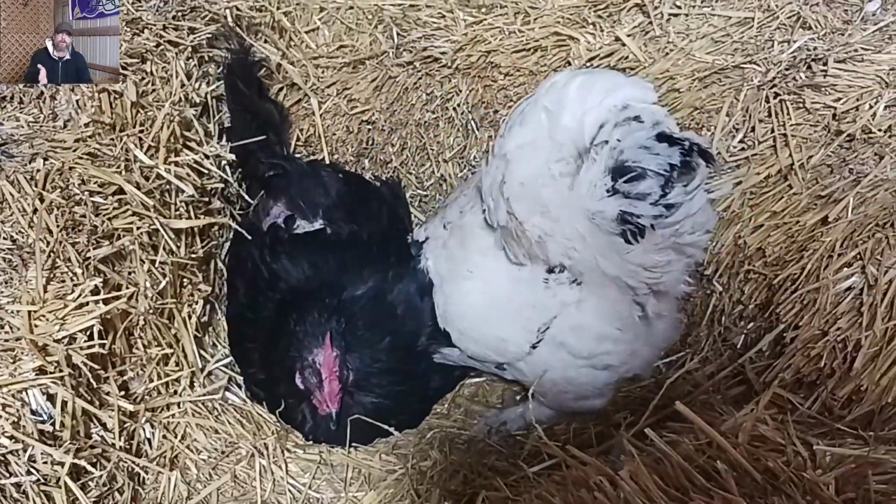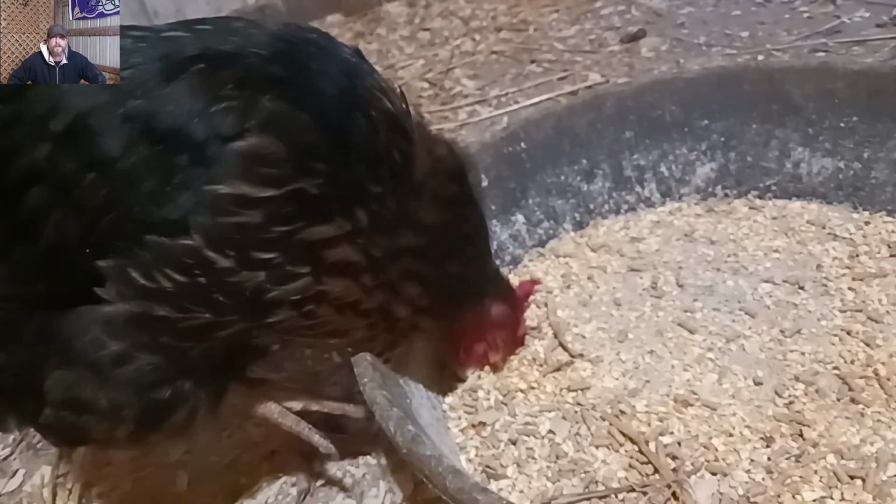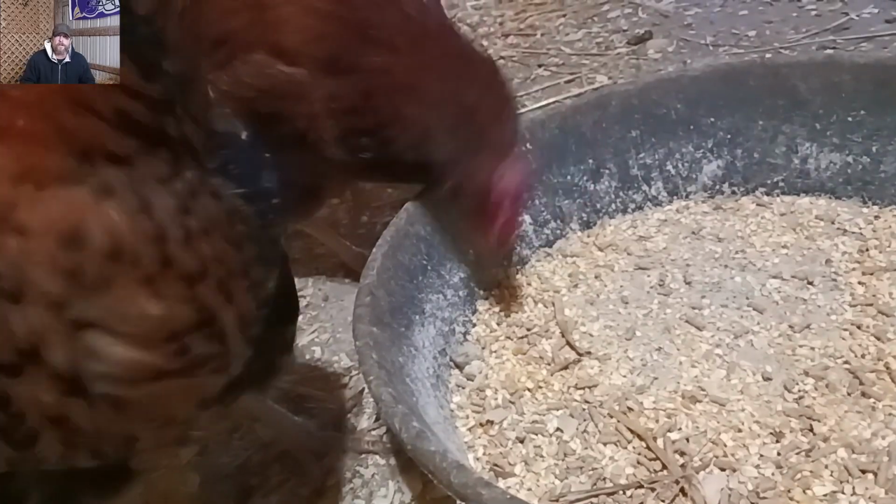But keep in mind as well what you're paying at the grocery store if you don't run into any supply issues, which means that you can't get access to them at all. So to me, that would be the big one. I'd want to just not have to worry about if they're even available. So if you're going to do this,